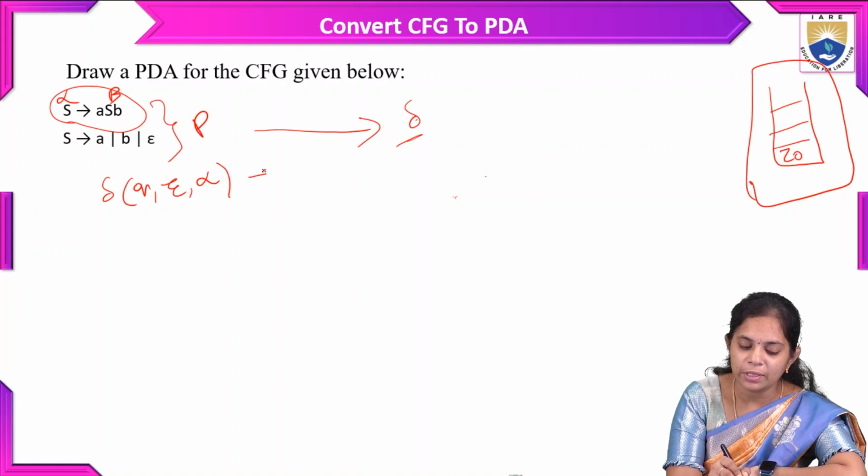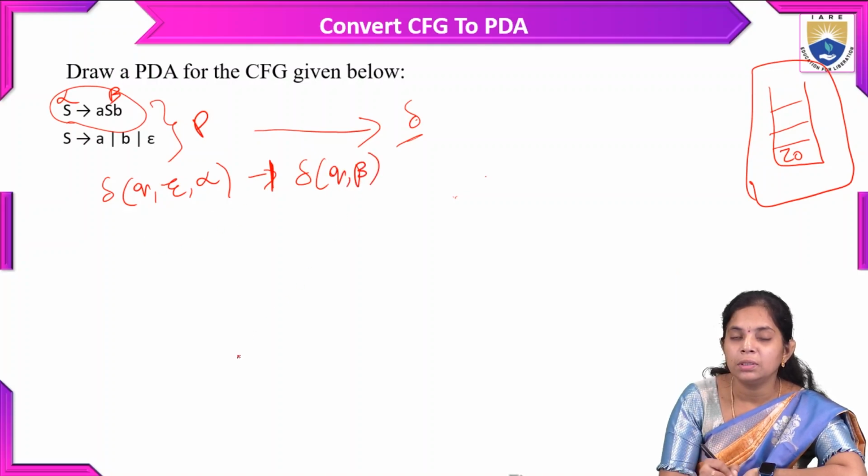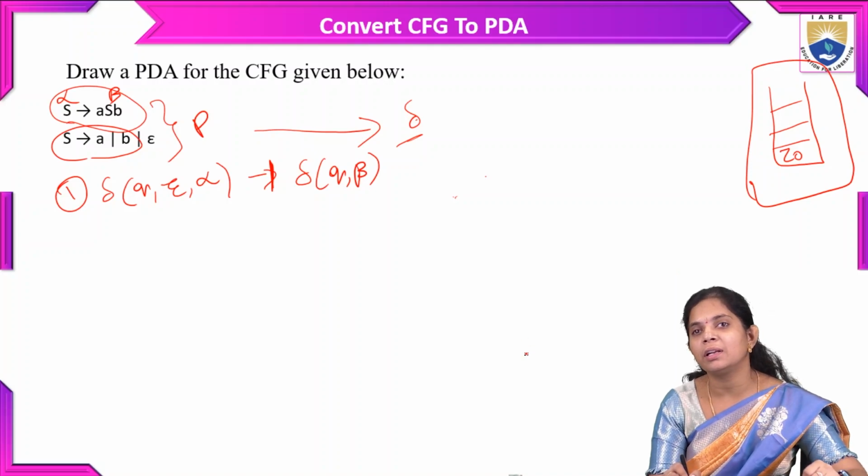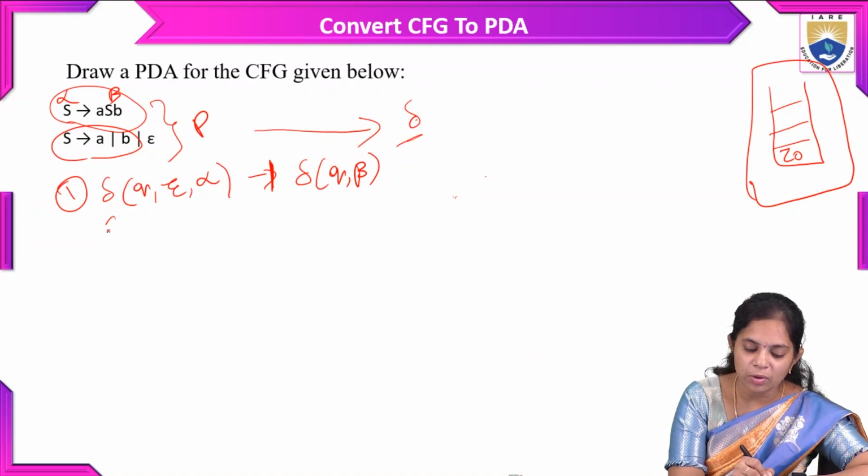So alpha we need to represent with the delta of turnstile notation, delta of next state comma beta, like this. This is one rule. And for all the terminals, we need to write the transitions, like we need to match the